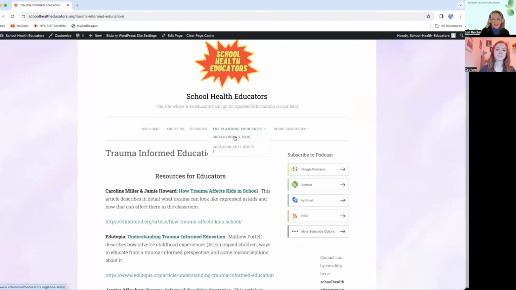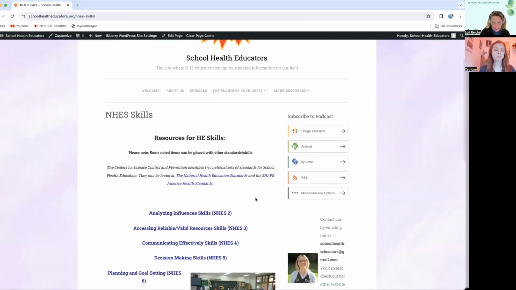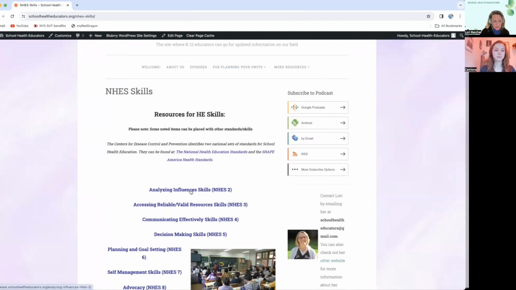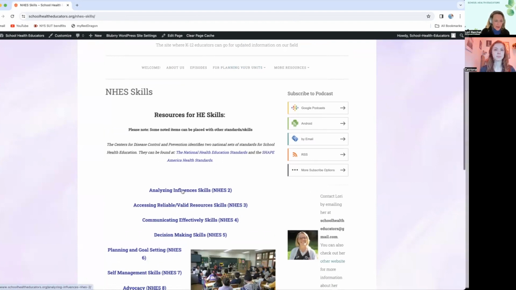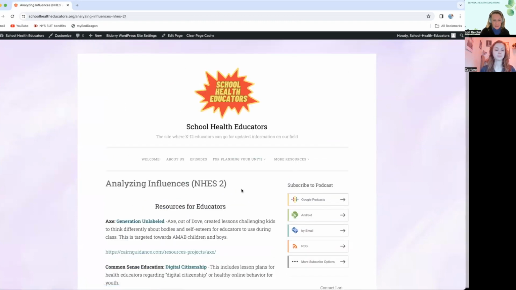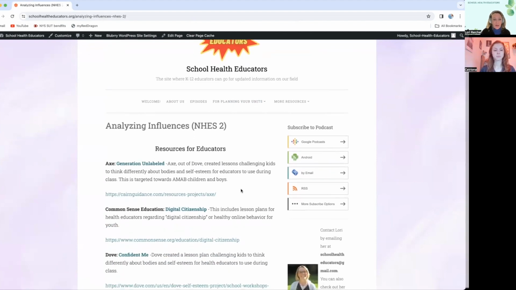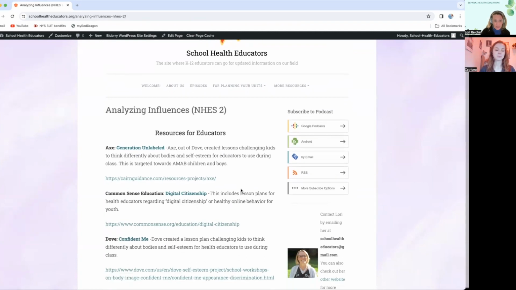Excellent. And just like Catriona explained, under the core concepts or functional health area of the website, I mentioned the skills part of the National Health Education Standards 2 to 8, which I'm going to go back to because Catriona did the same thing on the website for each skill. So if I go to analyzing influences skills on the website, you click on that and it shows potential resources an educator can go to refer to